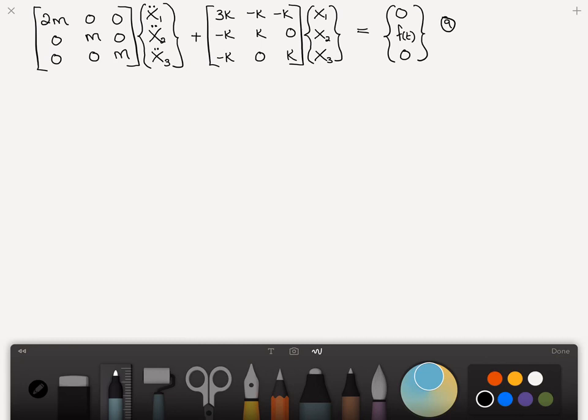But the idea is we need to put this into a form known as state space form. And the idea is that instead of it being a second order derivative, we would like it to be a first order derivative, or a first order differential equation, because then we can integrate it directly. So state space form,